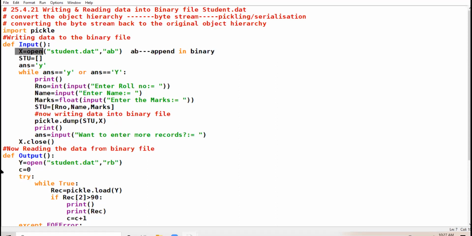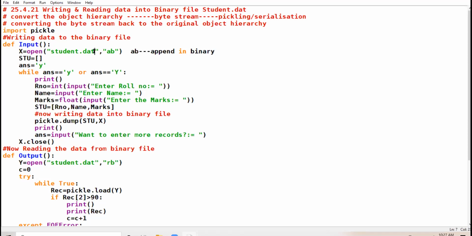Any read or write operation you want to perform on the files is possible only because of this file handle. So the second parameter is my file handle. The file handle is giving the reference to your binary file. Clear? So my object stu is being written into this file student.dat.